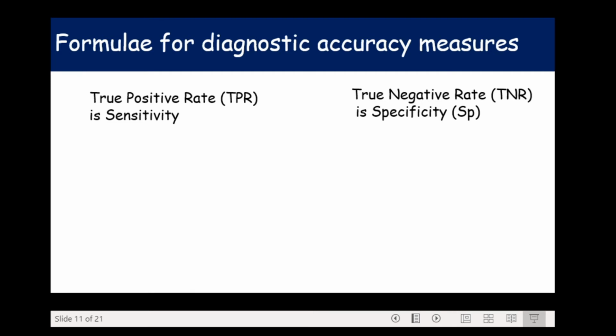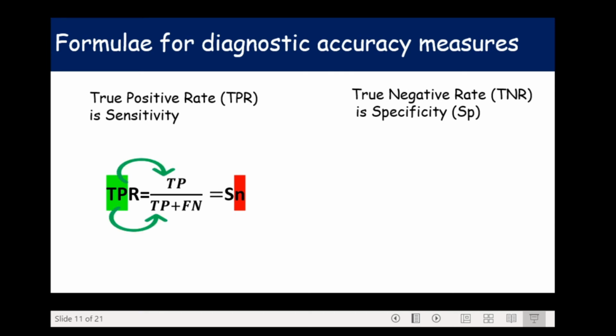So in this slide, we will show you the formulae for calculating sensitivity and specificity and how to easily remember them till your exams. For example, sensitivity. You know it is basically a true positive rate, and hence keep true positive in both numerator as well as denominator. And from the N of the Sn, that is sensitivity, remember false negative in the denominator as well.